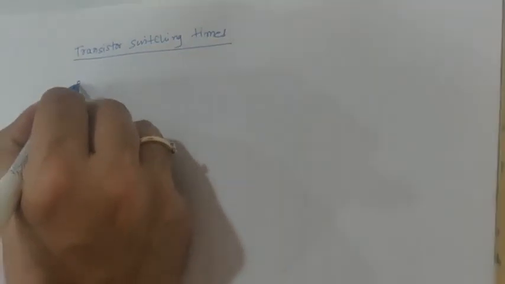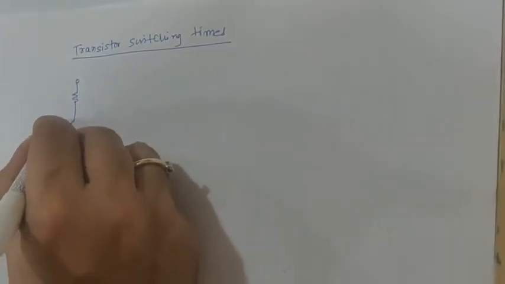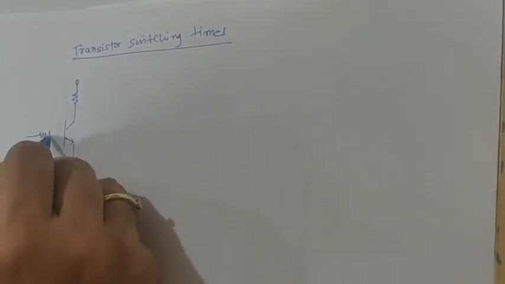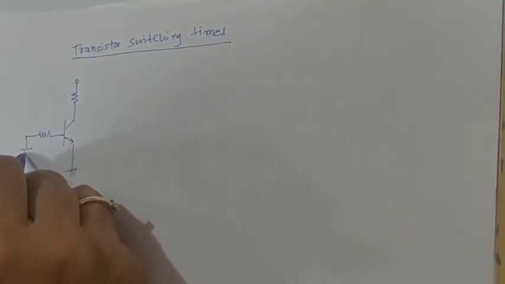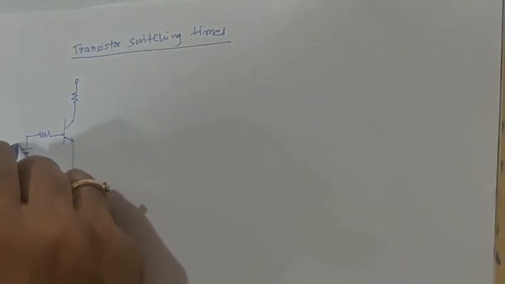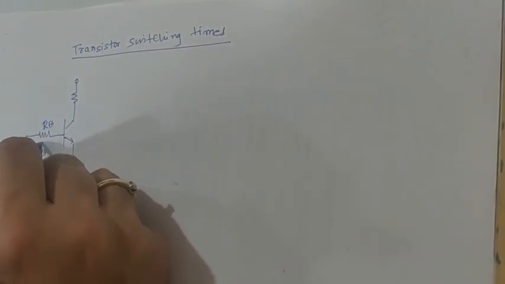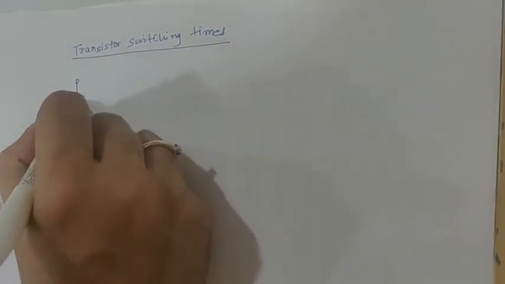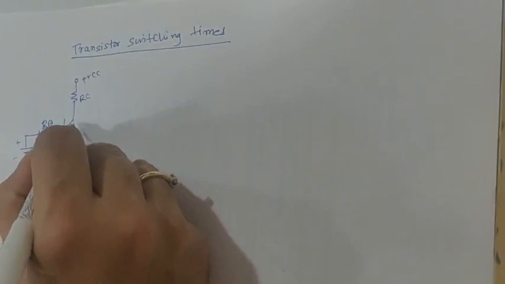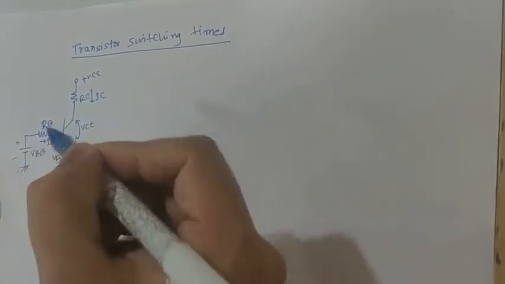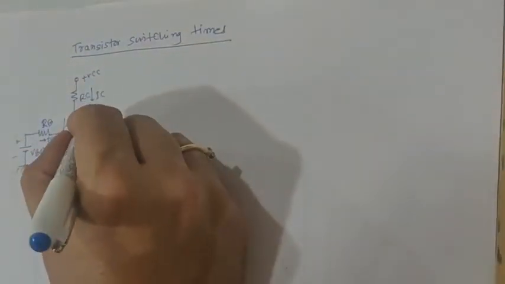So let us consider a simple transistorized circuit that we have already explained in the last slides. So this is going to be your plus minus VBB. This is going to be RB, the current flowing through here will be IB, RC plus VCC. This is your VCE, IC, and this is your VBE. Okay, so this is the diagram that you can consider for transistor as a switch.